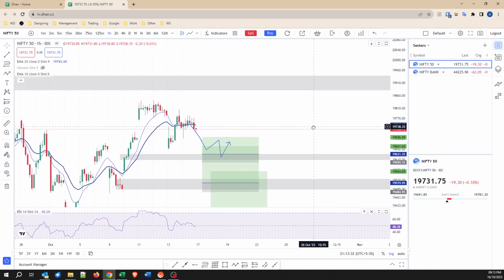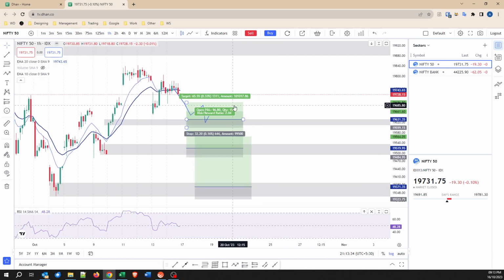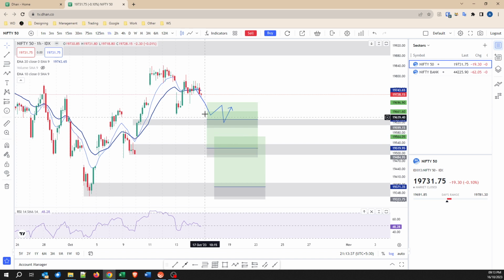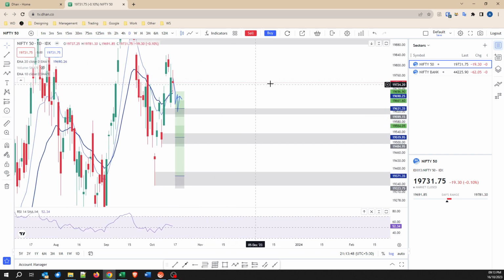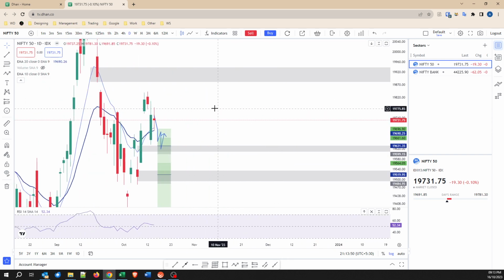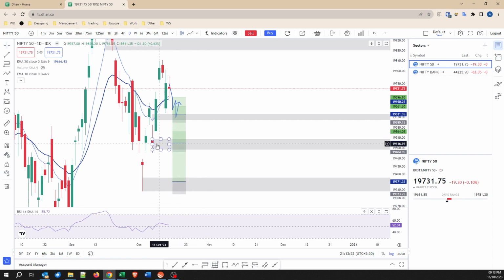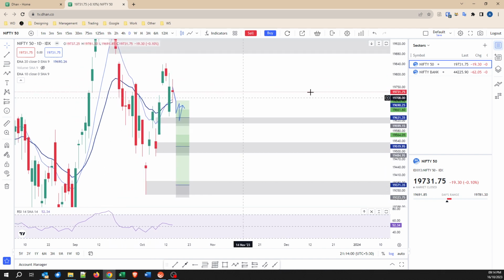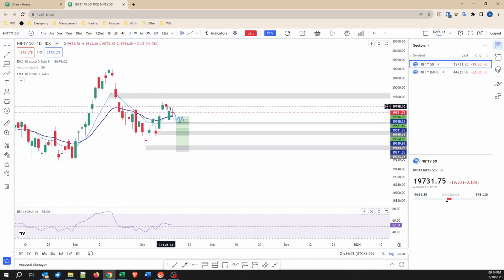All right. So these are my intraday levels for next week. Although I'm not expecting the price to move back into this level, maybe this zone is fair game. On the daily time frame, it is actually bullish. We also have a daily demand zone here. That is why I am very bullish on this. And this is the candle from where this bullish momentum has occurred. So these two are really good zones for me.